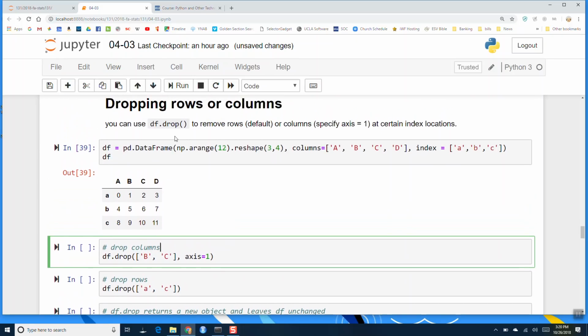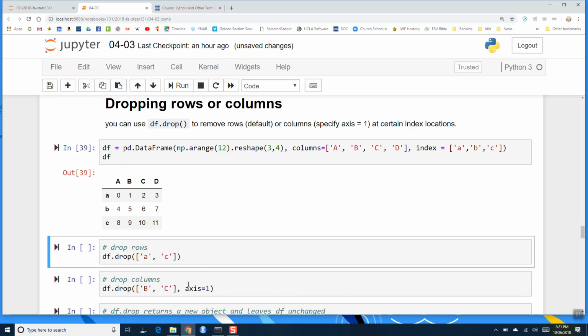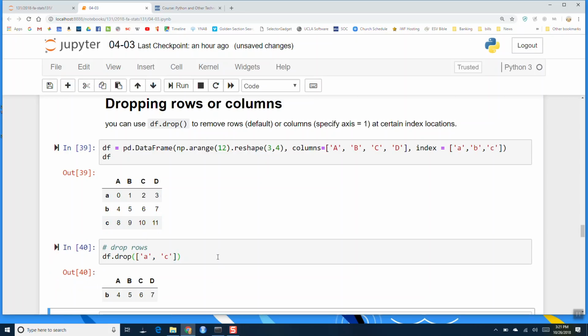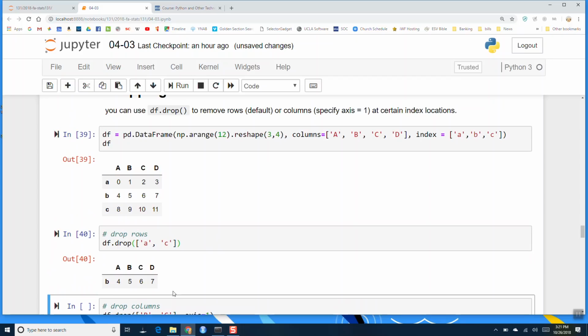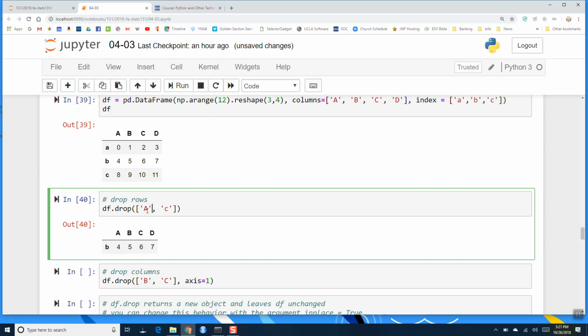You use df.drop, okay? df.drop just drops those things. By default, if you don't specify anything else, so here I do df.drop with little a, little c, it's going to drop the row a and drop the row c, and we get row b, okay, 4, 5, 6, 7. And that's by default. If you don't specify anything, it'll drop rows, or at least search for these things in the rows. Like if I do capital A and C,